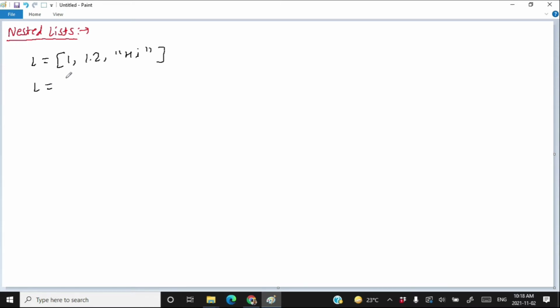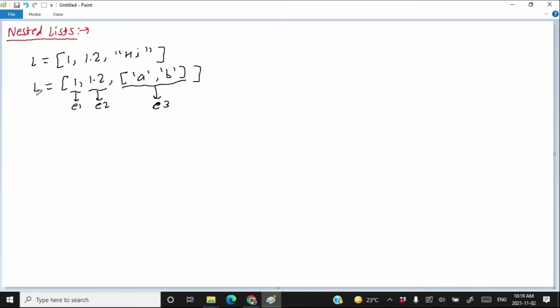So when a list holds element of a list type, then this situation is called nested list. If I write here A, B, then this list has three elements. Element number 1, element number 2 and element number 3. The third element is a list in itself.